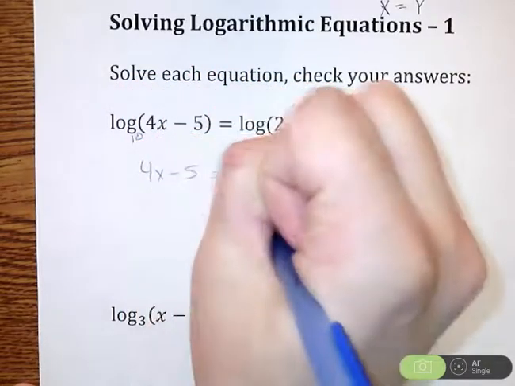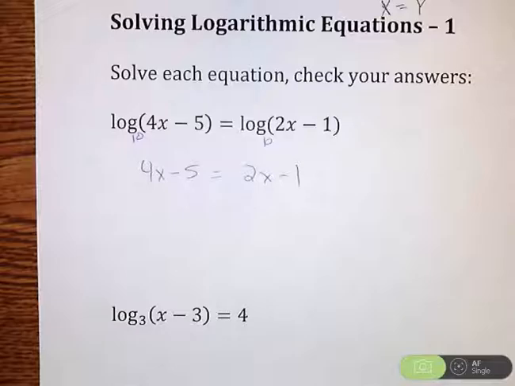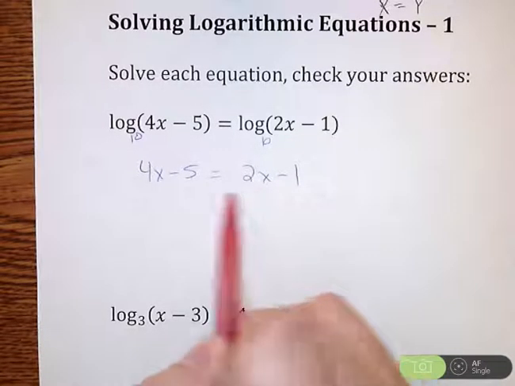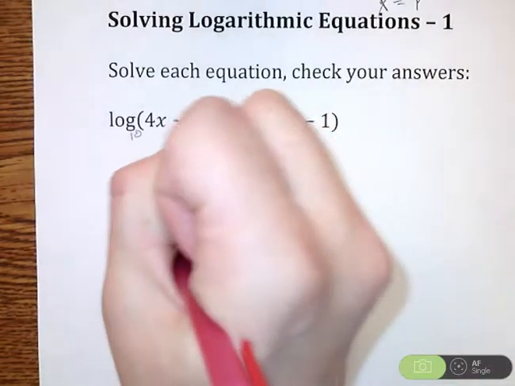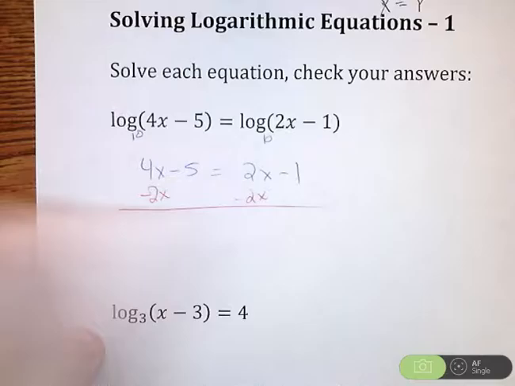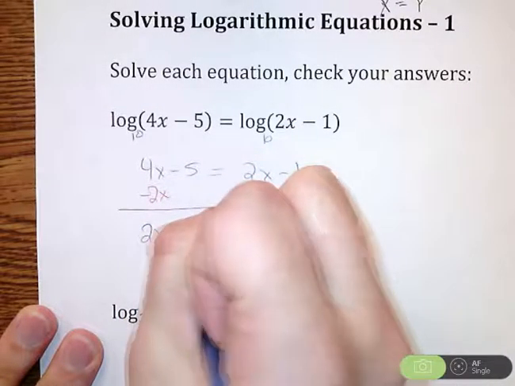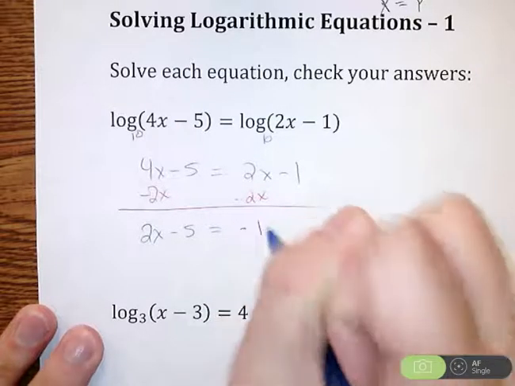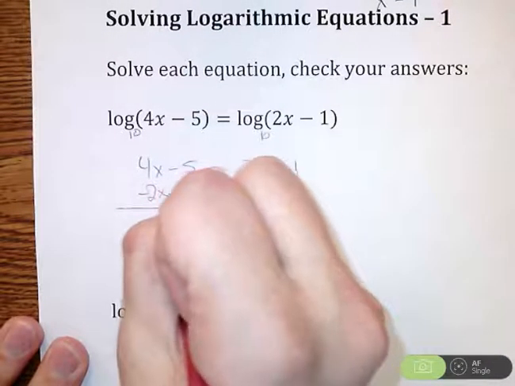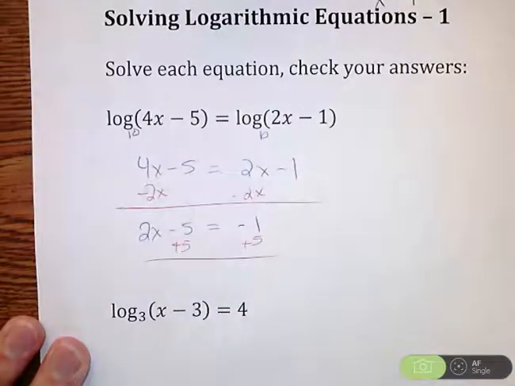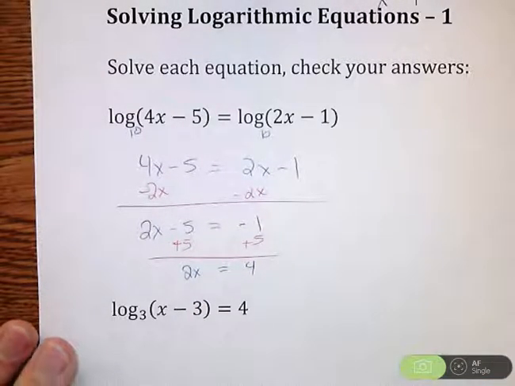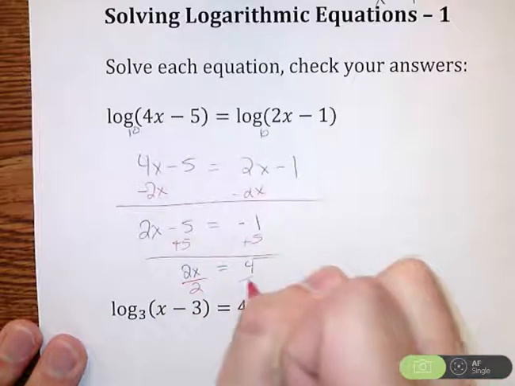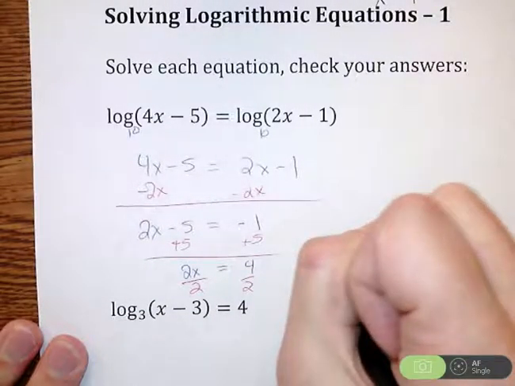So we have 4x minus 5 is equal to 2x minus 1. Now, since we're trying to solve the equation, we're trying to figure out what x is, I just went from an algebra 2 problem down to a basic algebra 1 problem. So I just have to solve it, and then we're going to check it. I'm going to subtract 2x from both sides to get my x's together. So I get 2x minus 5 is equal to negative 1. I would add 5 to both sides next, and that would give me 2x is equal to 4. Divide by 2, and we get